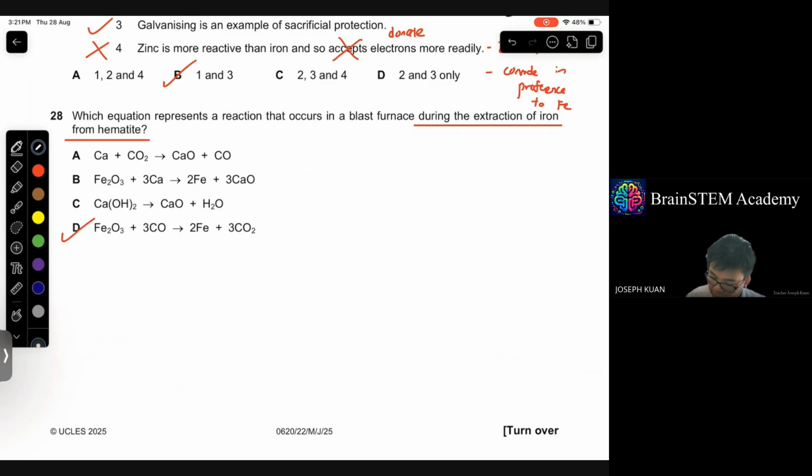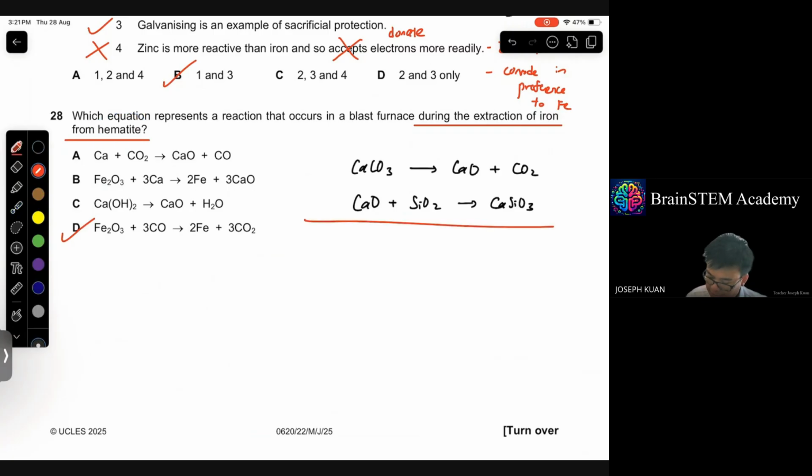First, we have calcium carbonate, which is limestone, thrown in. It thermally decomposes to calcium oxide and carbon dioxide. This calcium oxide will react further with silicon dioxide to form calcium silicate, also known as slag. So the purpose of this is to remove the impurity from the hematite. Then,